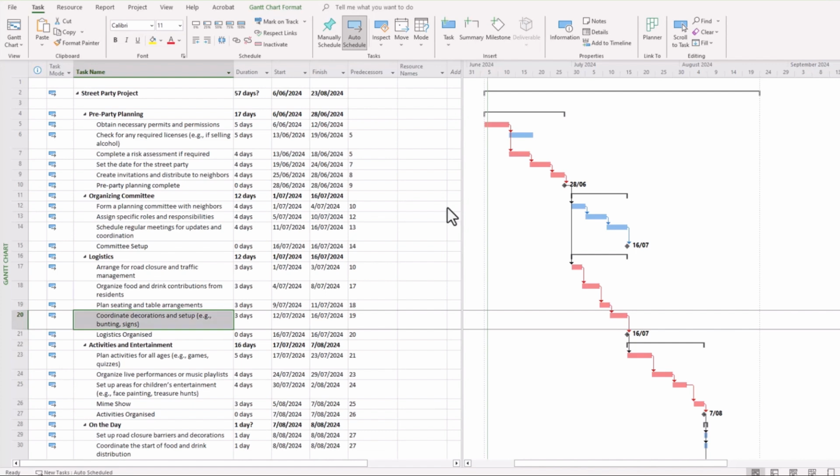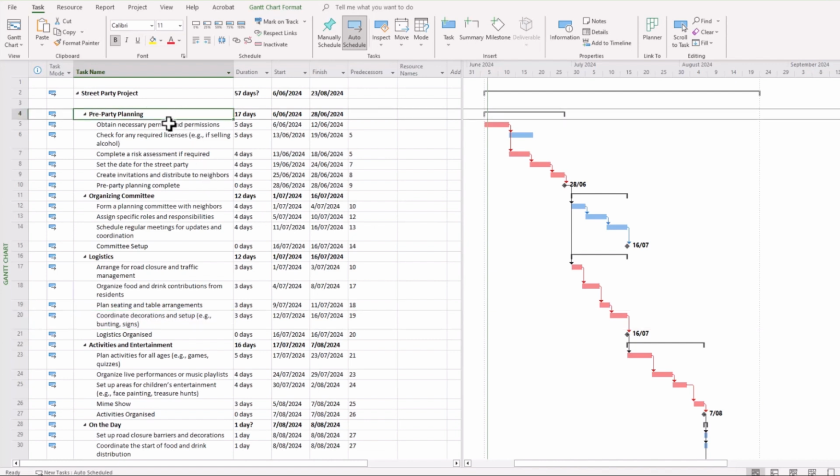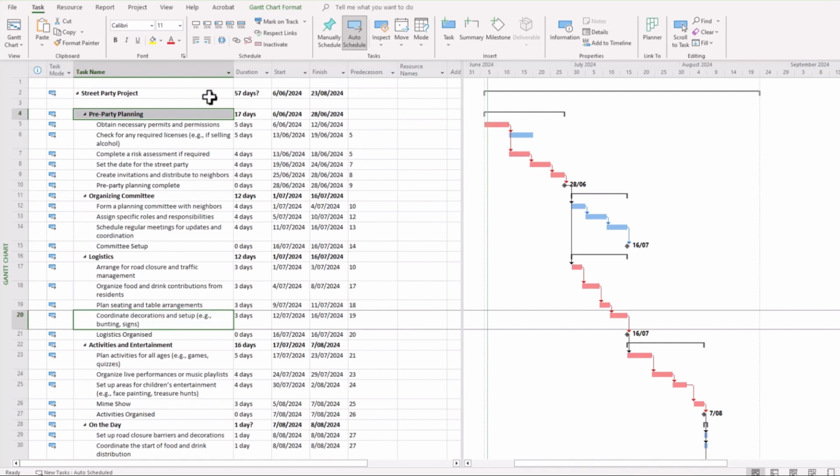Another thing to be on the lookout for is getting into a habit of linking your summary task headings to other tasks within your schedule. So for example, if I were to link pre-party planning with coordination of decorations and setup, and do that, it doesn't actually do anything to the overall project, and actually just creates a little bit more mess, shall we say, or a little bit more noise.